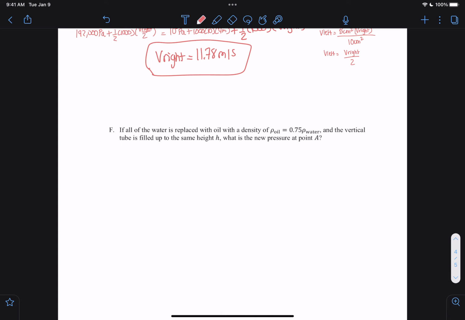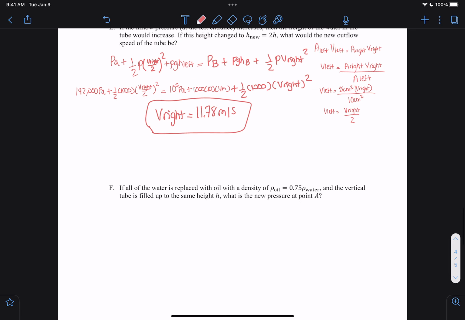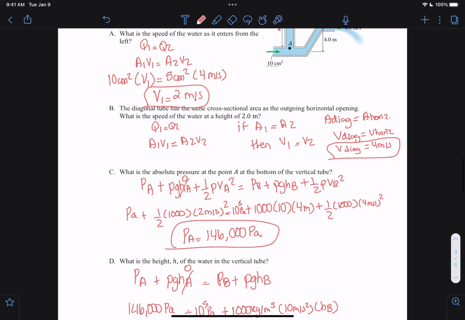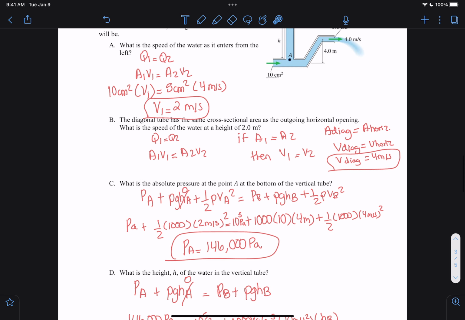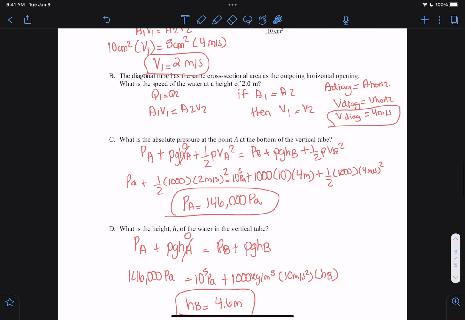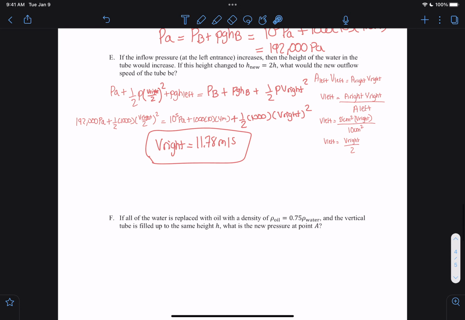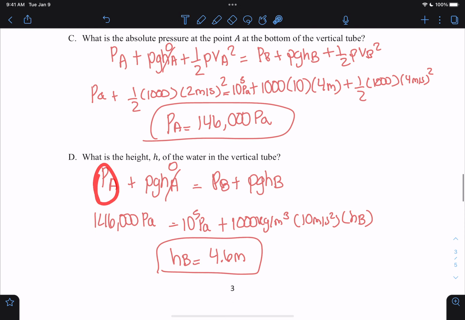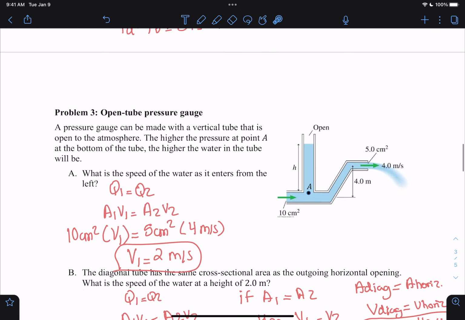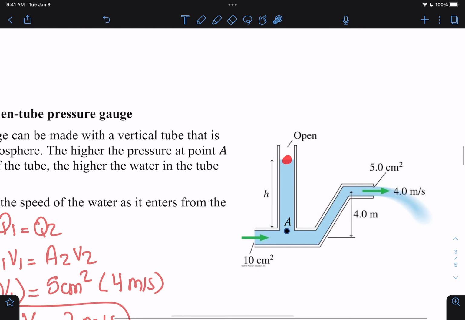So if they're telling us they replaced all of this water here with oil, right? And that oil is 3/4 the density of water, basically. Then, if we fill that vertical tube up to the same height, what is the new pressure at point A? Well, remember, we said that to figure out the pressure at point A, that's dependent on the pressure at point B, which is the top here,